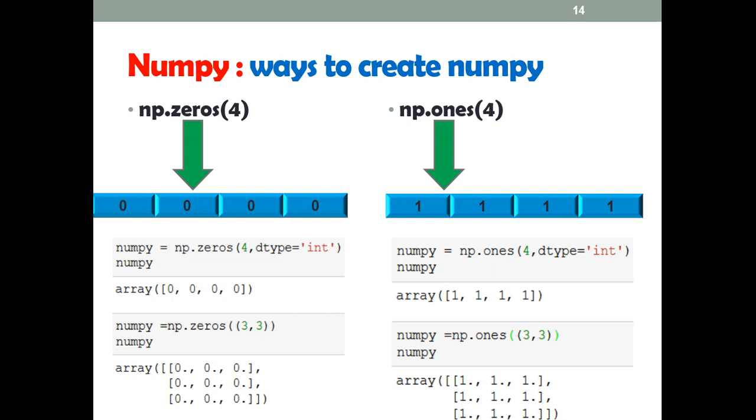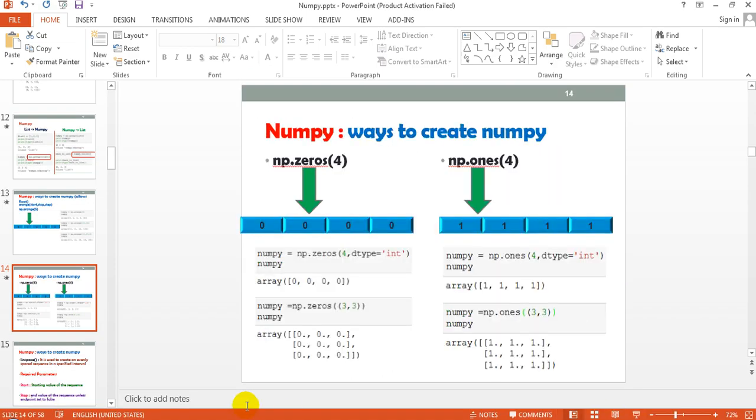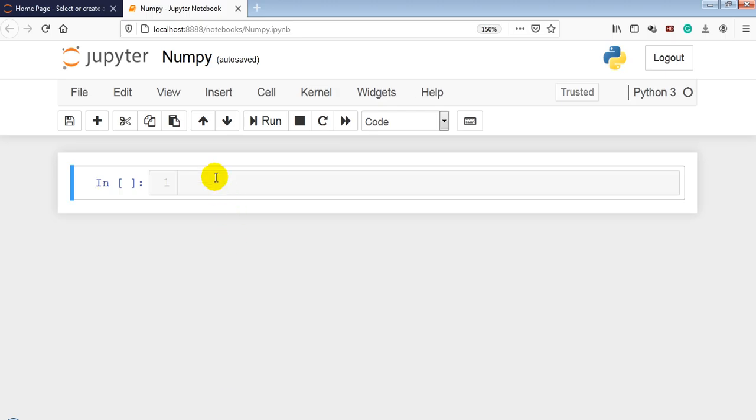Before that, let me execute this in Jupyter Notebook. First let me import NumPy as np.